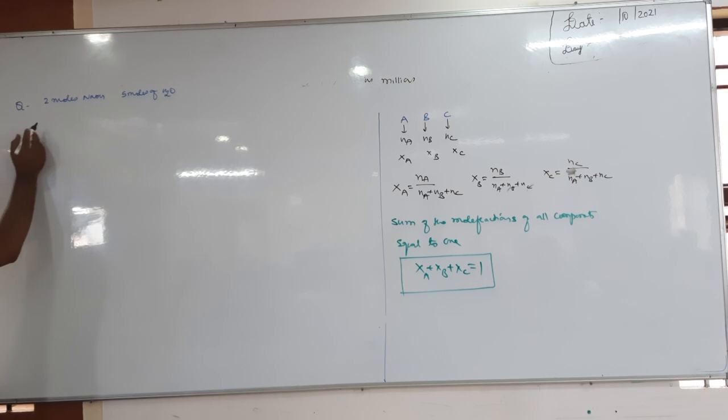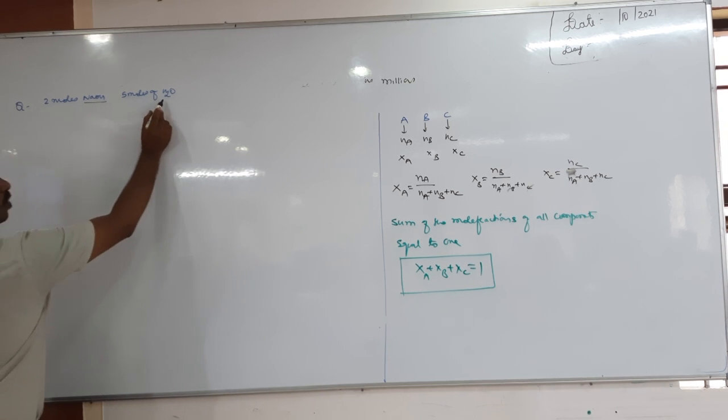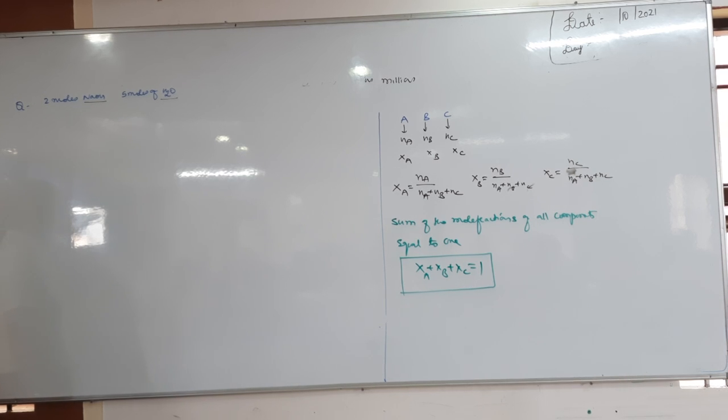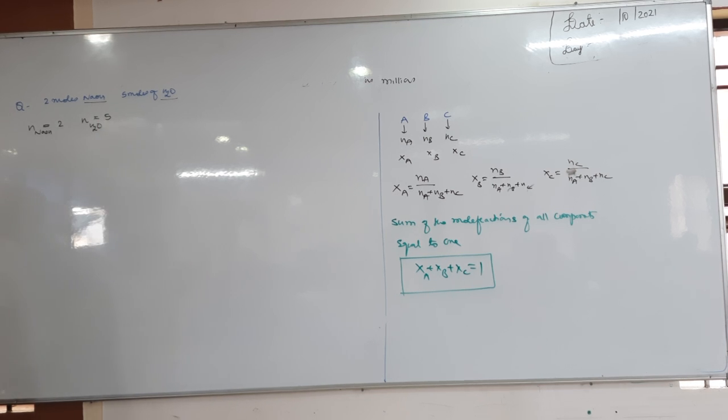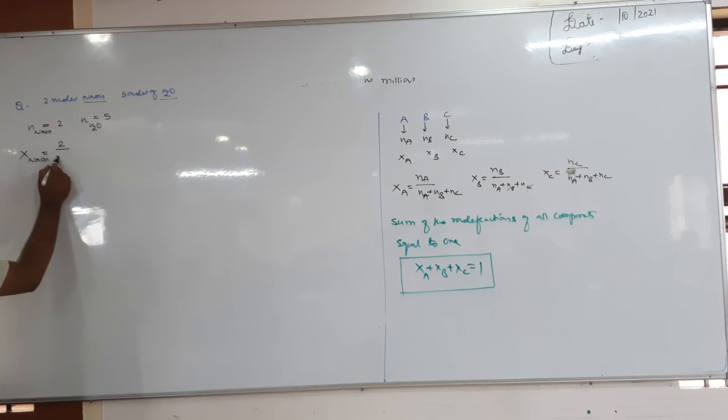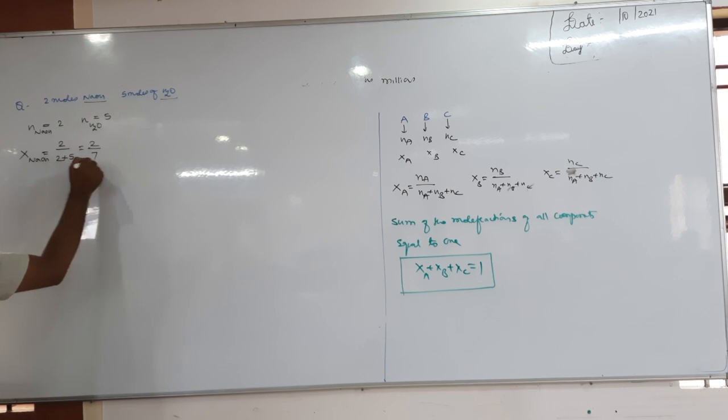See, there are 2 components, sodium hydroxide is one component, water is another component, right? Now what have they given? Number of moles of sodium hydroxide equal to 2 is given. Number of moles of water is given, 5 moles. So therefore, what is the mole fraction? X sodium hydroxide equal to number of moles of sodium hydroxide divided by number of moles of sodium hydroxide plus water. How many moles of sodium hydroxide? 2 moles. Then 2 plus 5. So then you get 2/7.